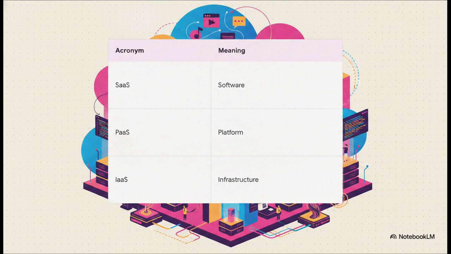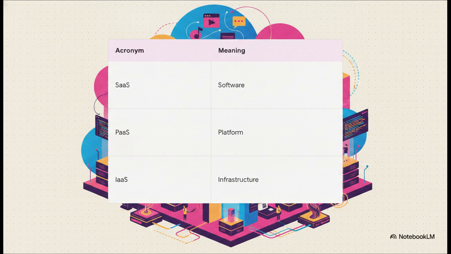The whole as-a-service family is honestly a fundamental shift in how we deploy tech over the internet. And the true magic here is how stackable these services are. Down at the foundational layer, we have IaaS, Infrastructure as a Service. That gives you the raw, virtualized computing resources, like servers and storage. Stacked right on top of that is PaaS, Platform as a Service. This delivers a fully managed environment where developers can build and run applications without stressing over the underlying infrastructure.